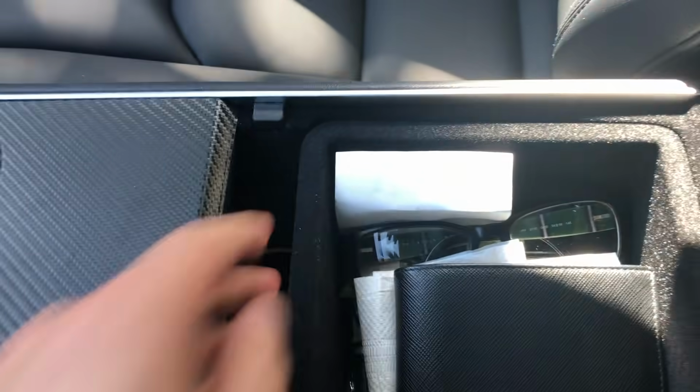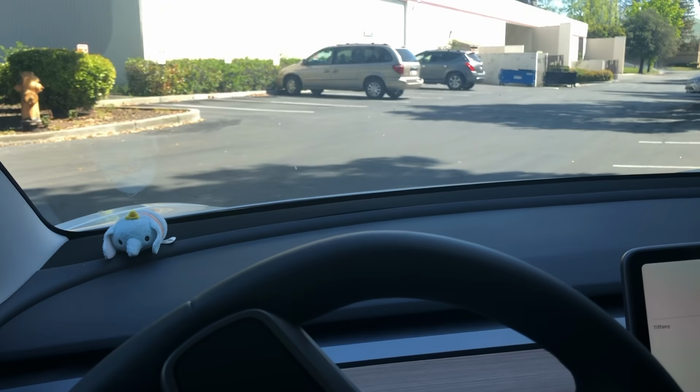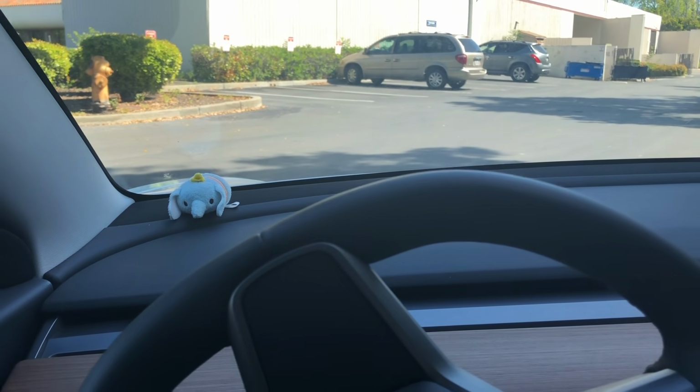But I don't really utilize that space much just because I try to keep my car as minimalistic as possible. But let's shut that down real quick. And then I guess the last thing that I want to show you, just based off of the driver's view,